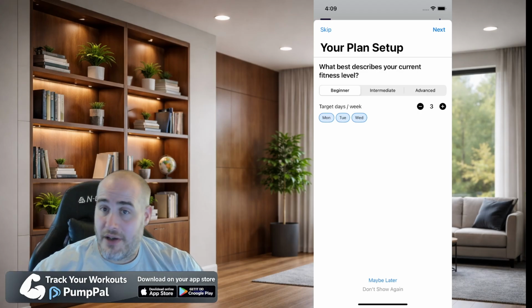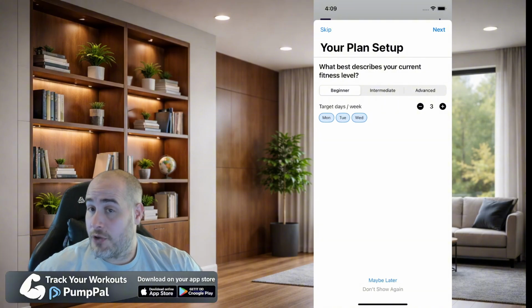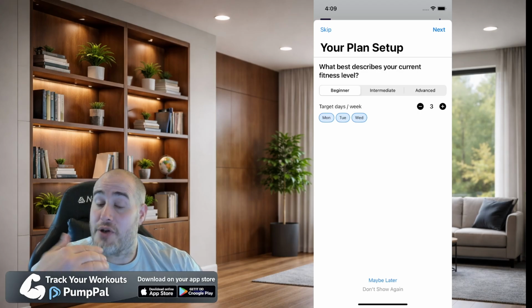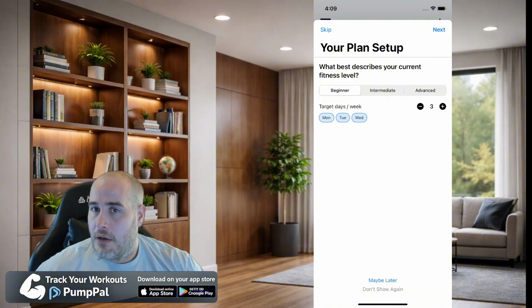But you want to make a selection based off your fitness level and how often you're going to work out in the gym, right? 1 to 3, 3 days, you select that. That's good. Most people will do 3 days probably. Or if you want to do a 5-day or 6-day split, just select what you want and then click next. Select what you want and what you can stick to, right? And then select next. And then you'll be brought to another screen